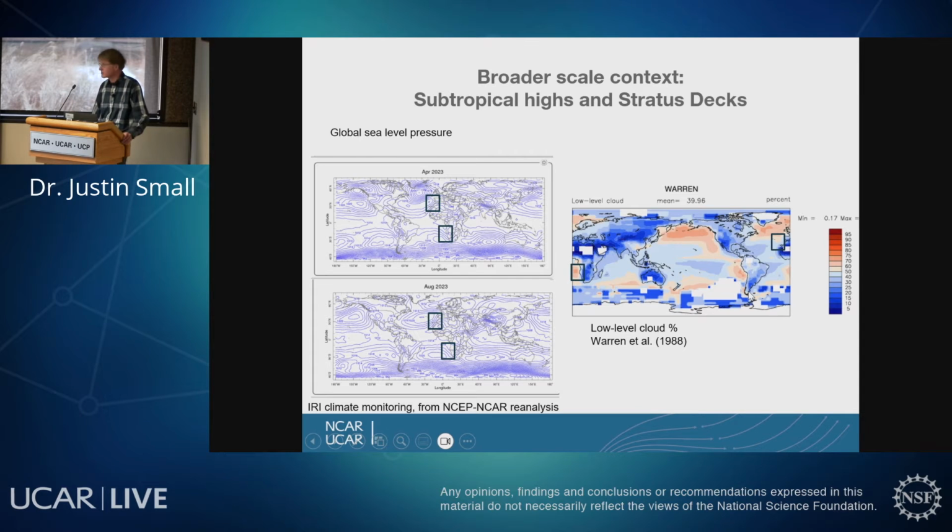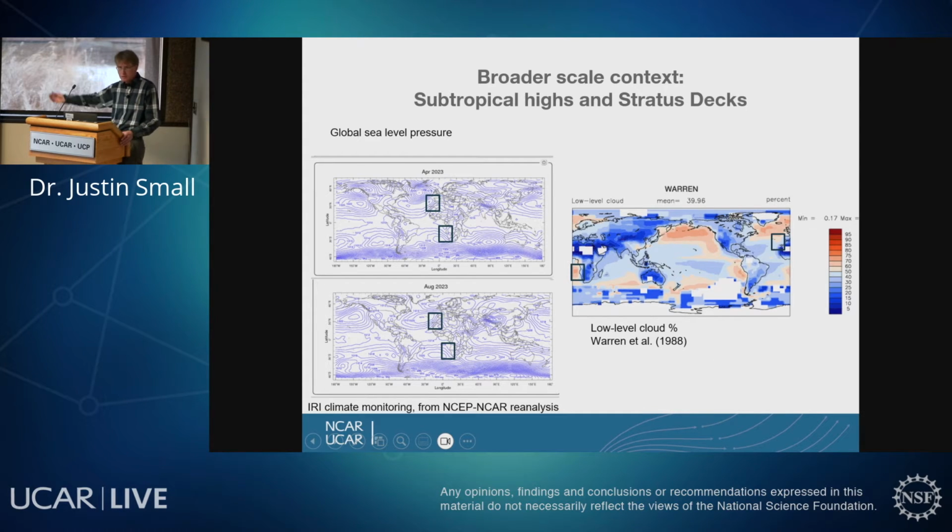And another piece of atmospheric context is that these regions tend to be regions of low stratocumulus cloud. This is the low-level cloud percentage from a data set, Warren et al. And here off the Benguela down here, you see there's a local maximum of low cloud. A bit less so off Northwest Africa, but definitely off Peru and Chile and off California. It's well known.